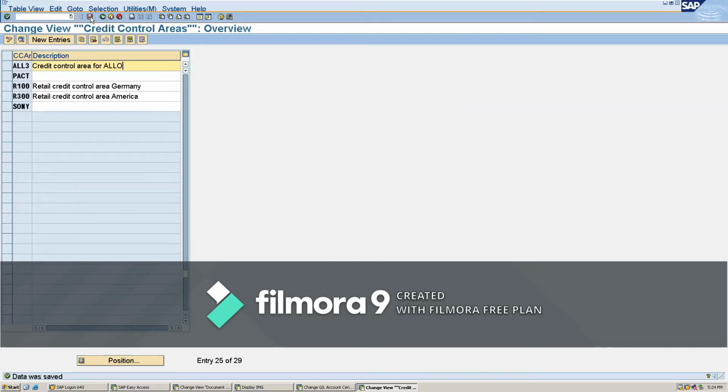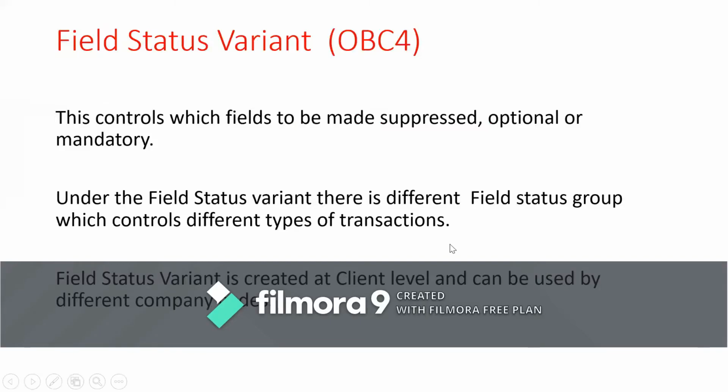Okay. Now let's move to the other topic, that is field status variant. For field status variant, the T code is OBC4. Field status variant controls which fields are to be made suppressed, optional or mandatory. Because at the end user part, we can restrict which fields they don't want to see.